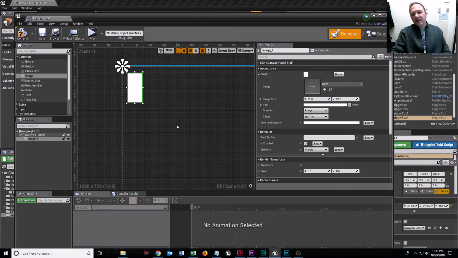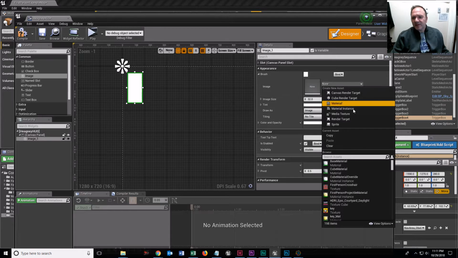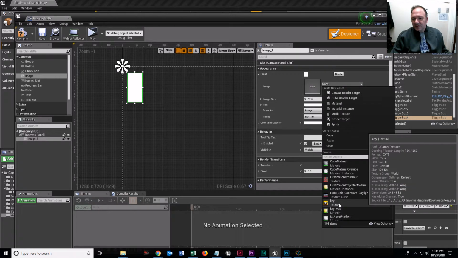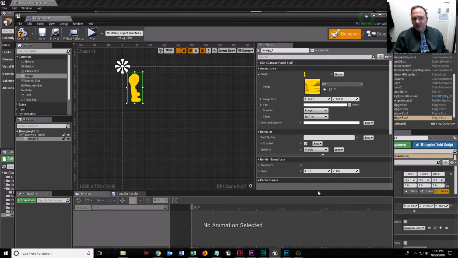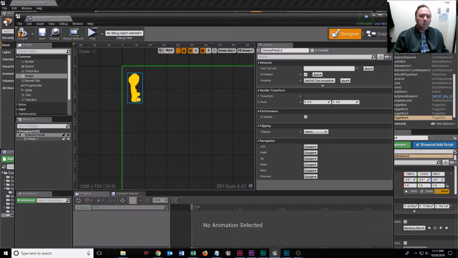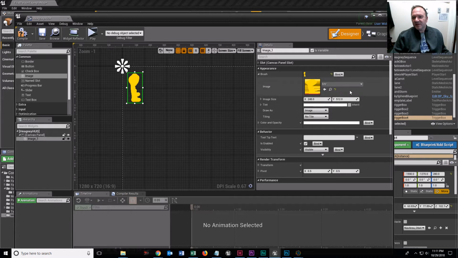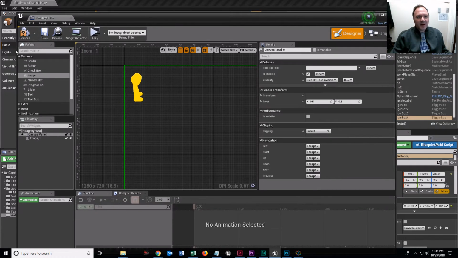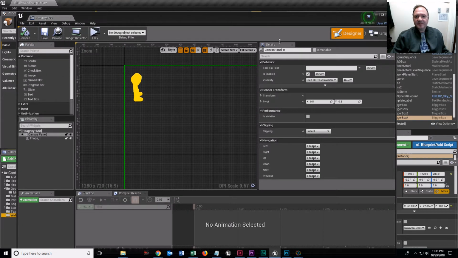Okay, that's fine. Now, the image I want is that key texture. I think I can do that. I'm actually just making it an image, that texture, and that's fine. Now, if I compile that and save it,